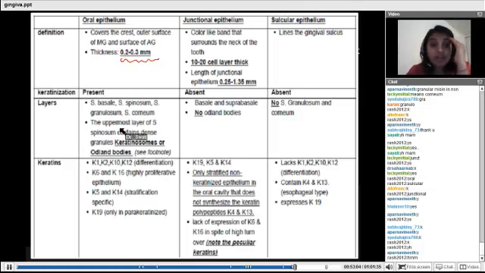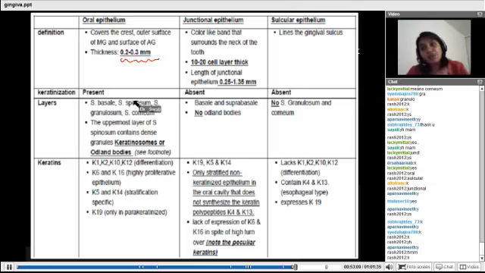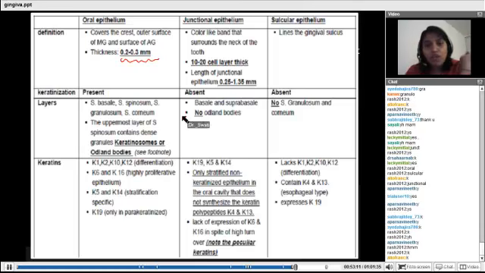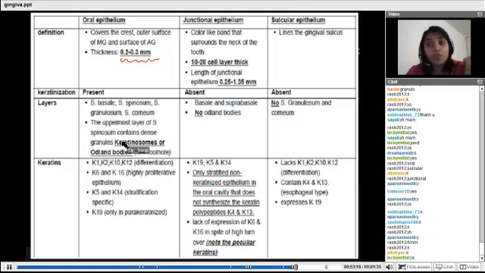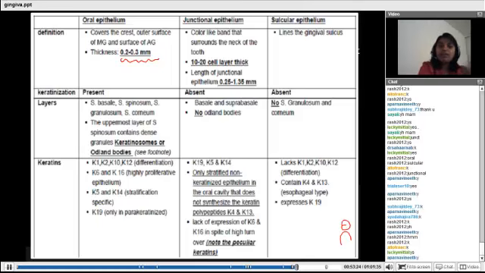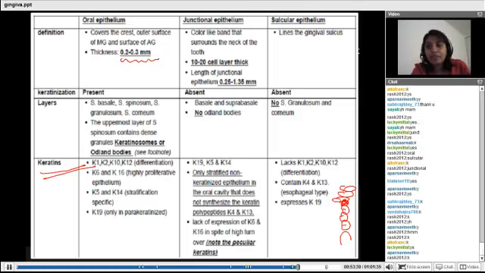Then we have certain kinds of keratins. Now before I say what keratins are, you have to understand that keratins are nothing but a kind of protein. There are various kinds of these proteins that give the characteristic to the epithelium, and their numbering system is opposite. So if I say a number having a low number, for example, if I say K1,